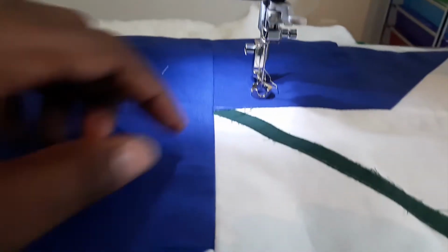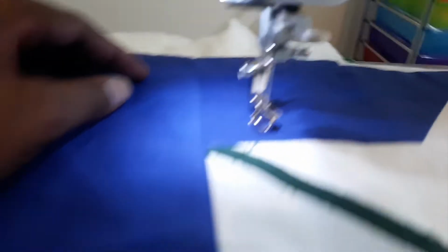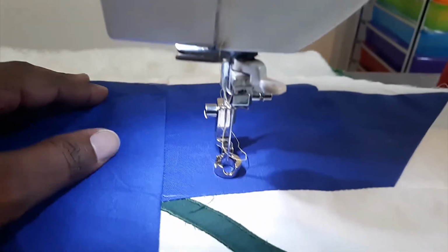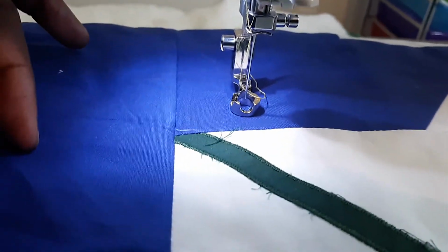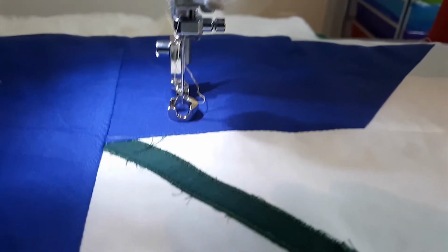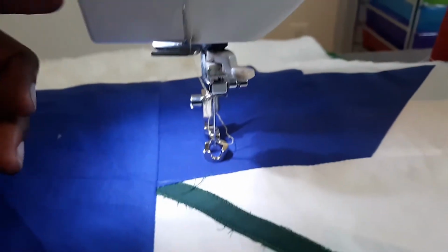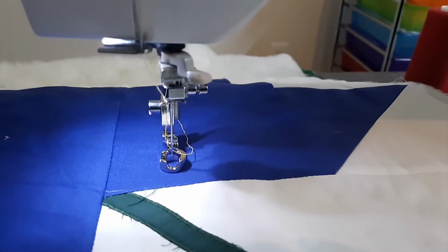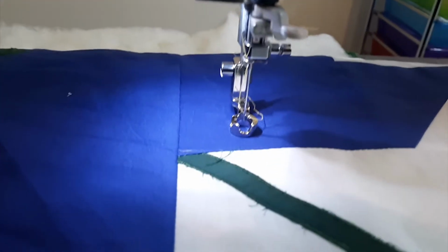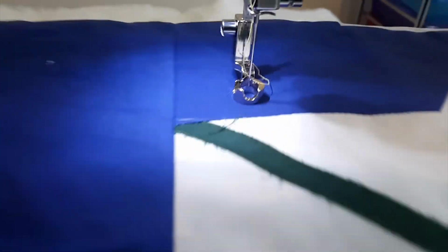I was having major problems using this ruler foot. My bobbin thread would never come up, and it did a lot. And if it did, it skipped a lot. I changed the needle, that didn't work. I cleaned the machine, that didn't work. I adjusted the tension, that didn't work. I even lowered this more, and that didn't work. So I changed the thread, that didn't work. Then I used the same thread that I changed it to and put it in the bobbin, and that seems